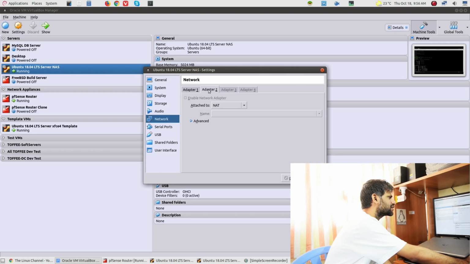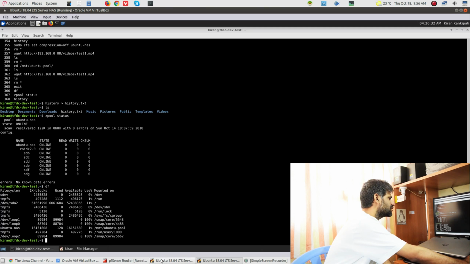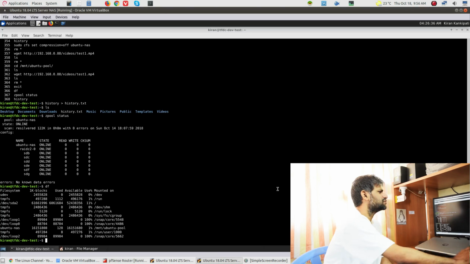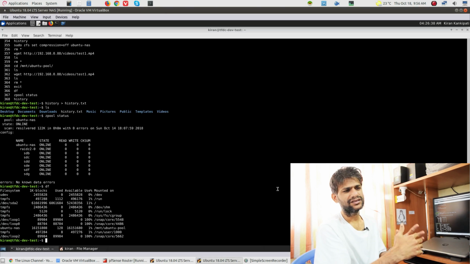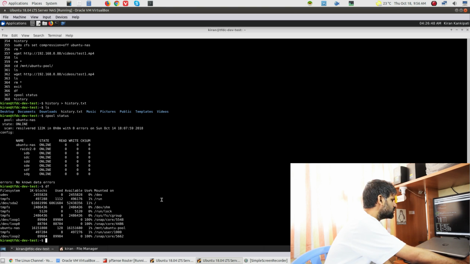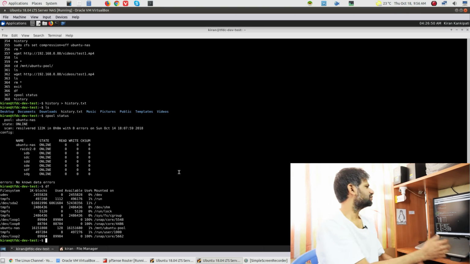And in the network, I have 2 adapters. One is connected via my internal network, which is connected through this pfSense router, due to which I can access this system via my local desktop and so on. I can do file transfers and test its performance. Okay, so if we hop on here, this is my